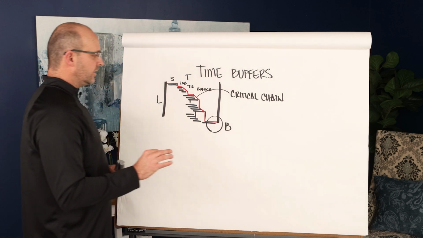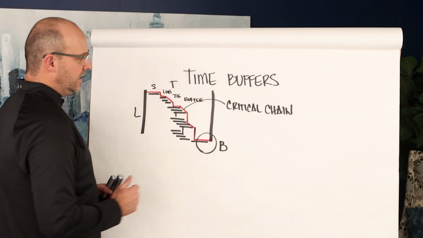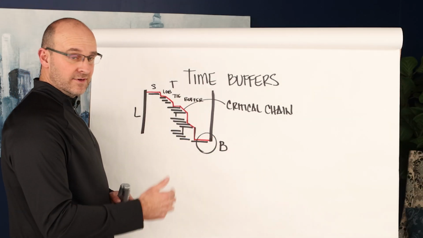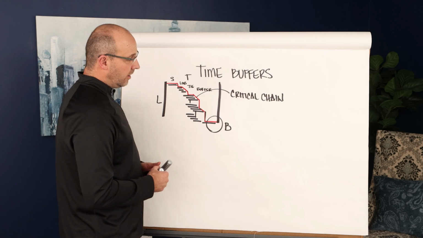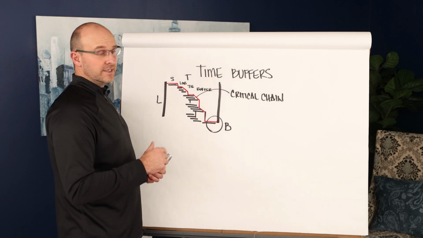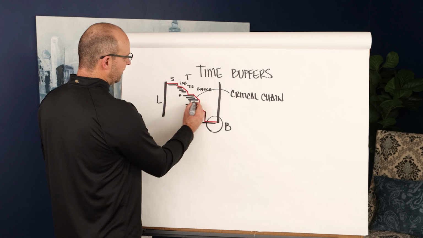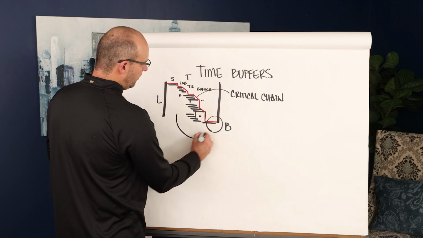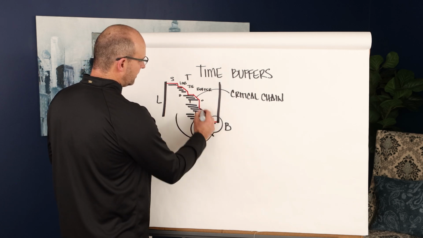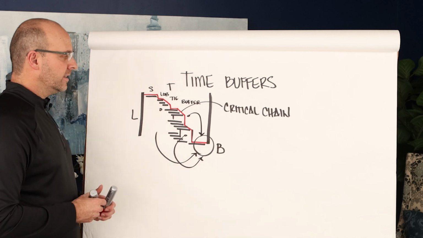And so let me tell you this. This buffer here is to absorb any delays and variation. Most of the time, we recommend at least 50 to 75% of your buffers. If you're gonna put buffers here or here or here, we actually recommend those coming in at the end, right? Putting them at the end.